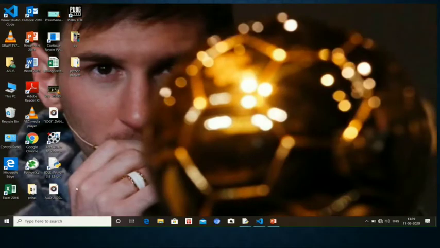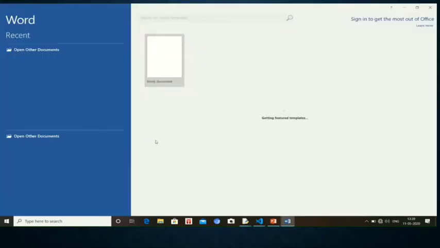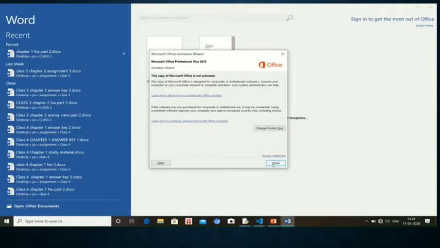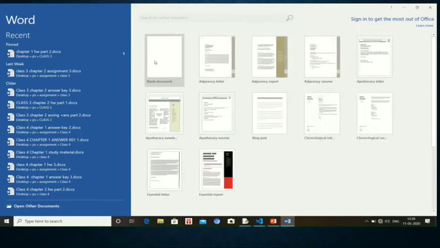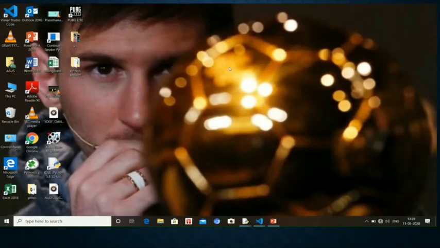I will start it. Children, we first go to MS Office, but here you can see on the desktop the icon of MS Word is there. Okay, I have opened the icon. Then see, the blank document is here, and after clicking on it, it is open. This is the features and the look of MS Word.